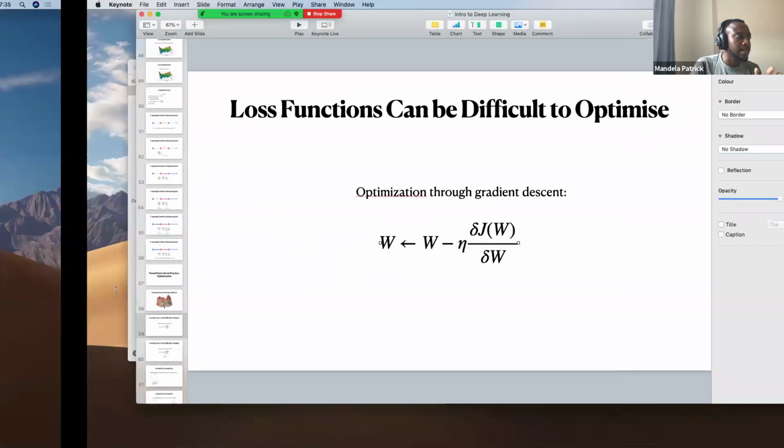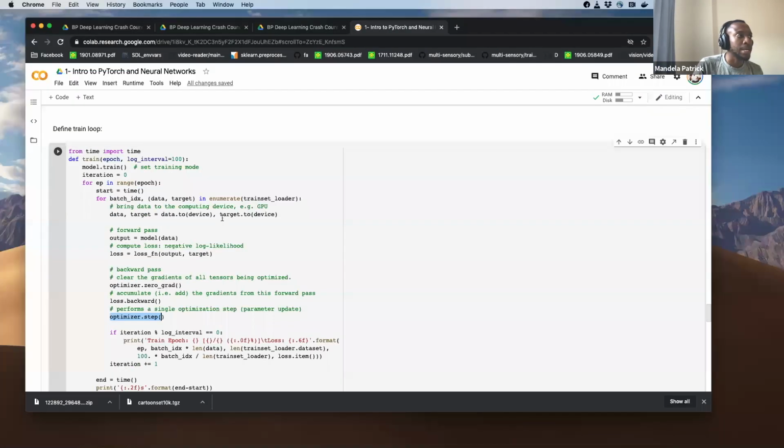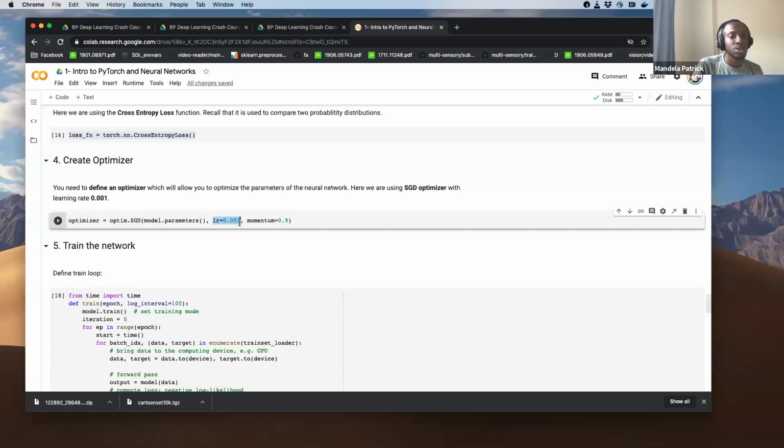And optimize that step is when we update the weights given the gradient, and then we scale it by the learning rate, which tells us how big of a step we want to take with respect to our gradient. So W is the current version of the weights, and then we go in the opposite direction to the gradient, and then we scale it by the learning rate, which basically gives us an indication of how confident we are. And the learning rate is set in the optimizer, which we define as 0.001.